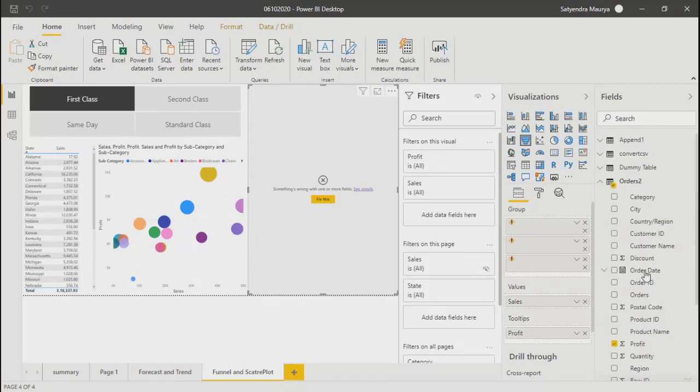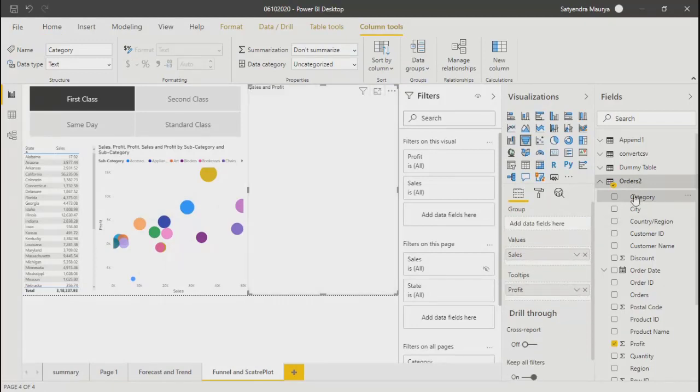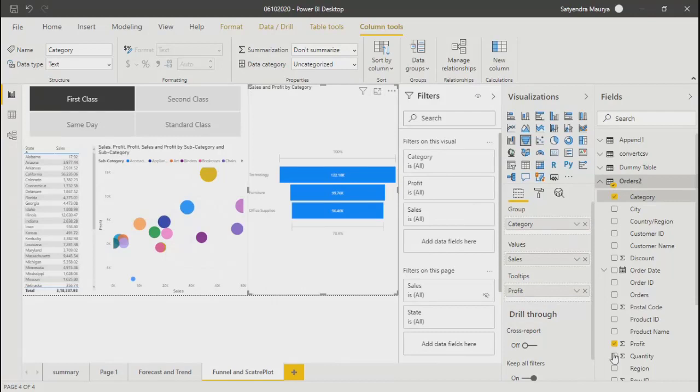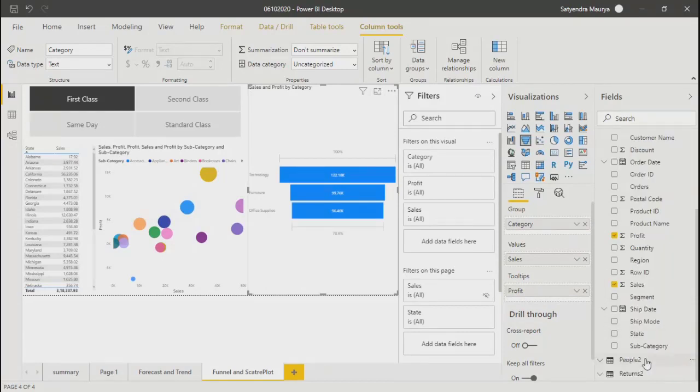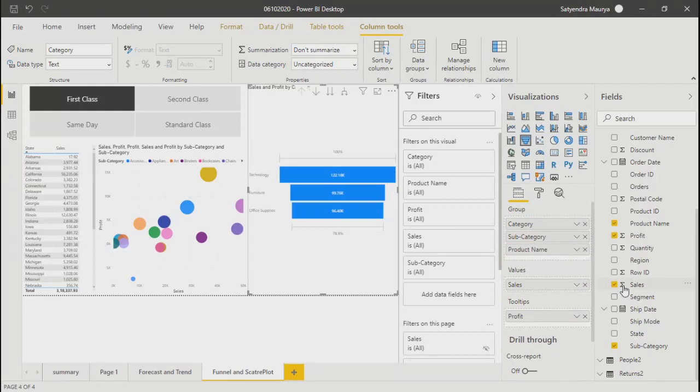So that hierarchy is somehow not there now. So maybe I can drag category, subcategory, and product name. That is what it was looking for.